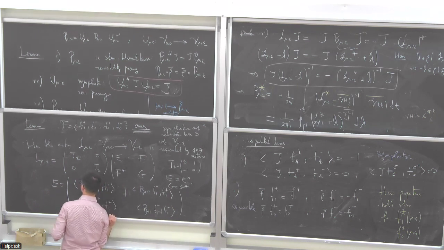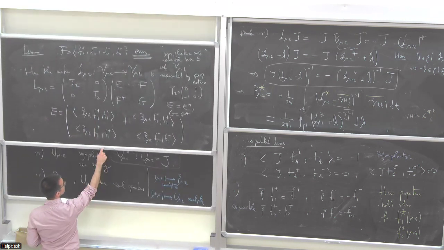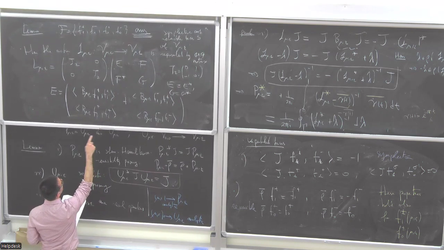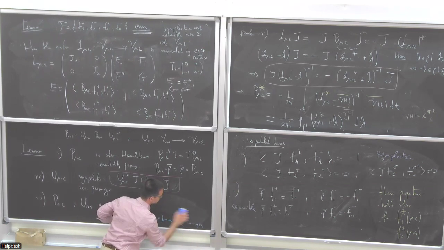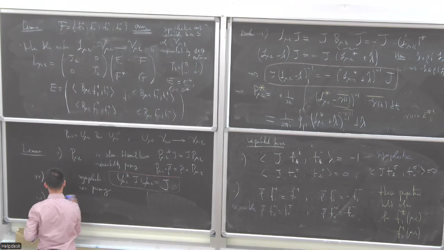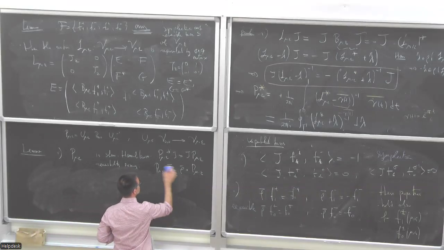This is E, and then G is the same, but with 1 replaced by 0. And instead, F has